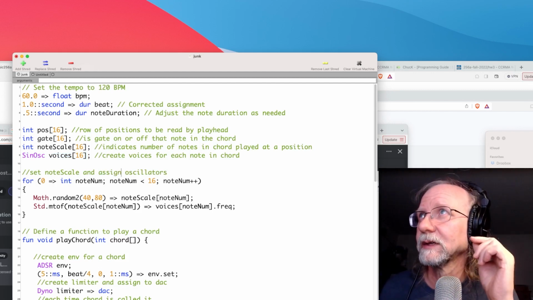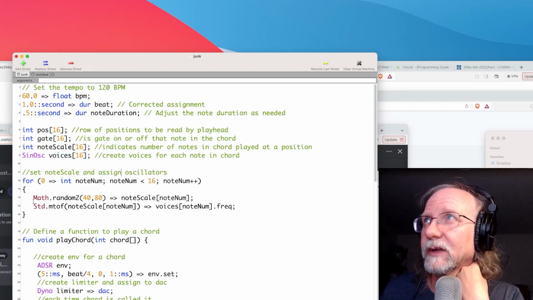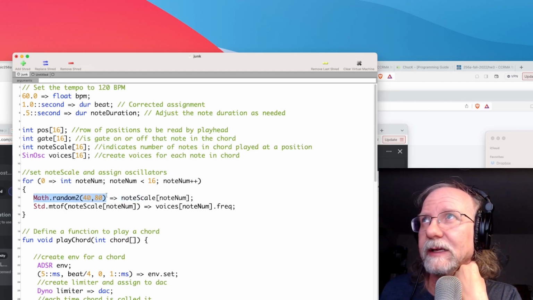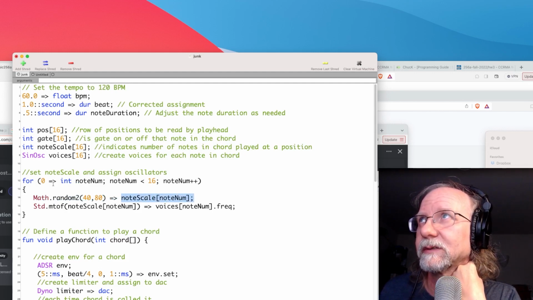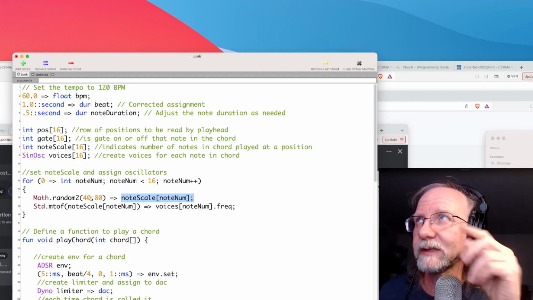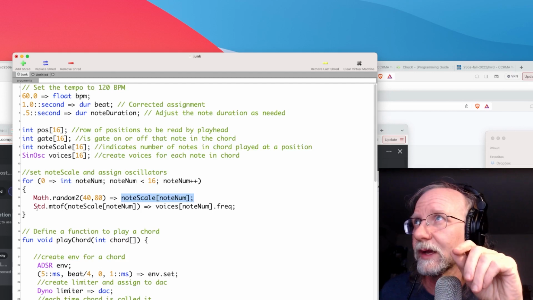Good to have that. So the deal is that it's going to randomly pick an integer number between 40 and 80, and it's going to apply that to the note scale note number. Note number is this integer, and we go up to 16. So it's basically looping through 16 values. When it does that, it picks a number between 40 and 80, and then it is going to